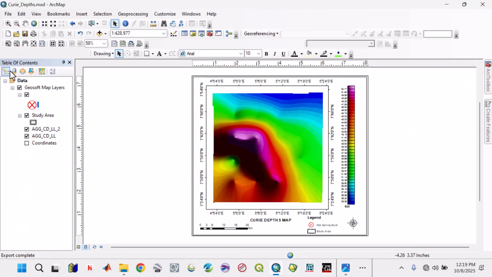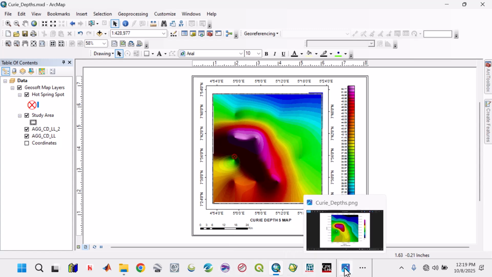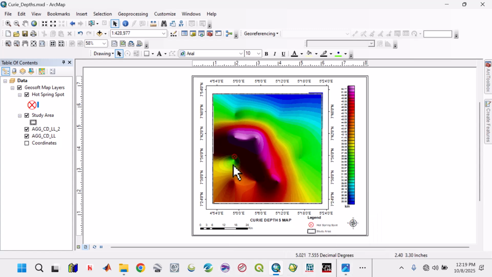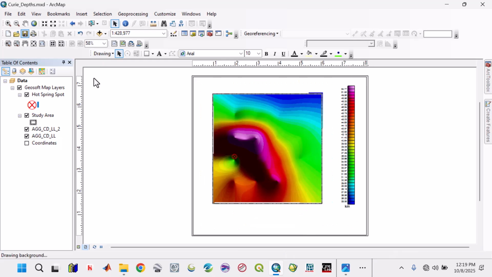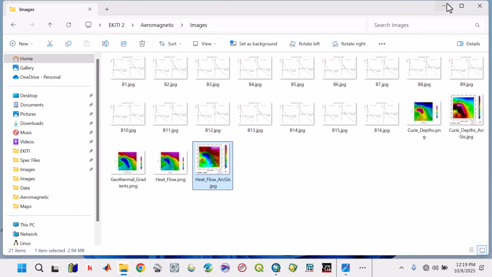Of course, you can do the same thing to the analytical signal and all other maps. So this is how it is done. So you can edit it and save it and add anything you want to add on top of it. You can see it's at lower depth but at high values, so it plays a significant role. So something that we need to understand. So we have saved this one. I think that's all what we